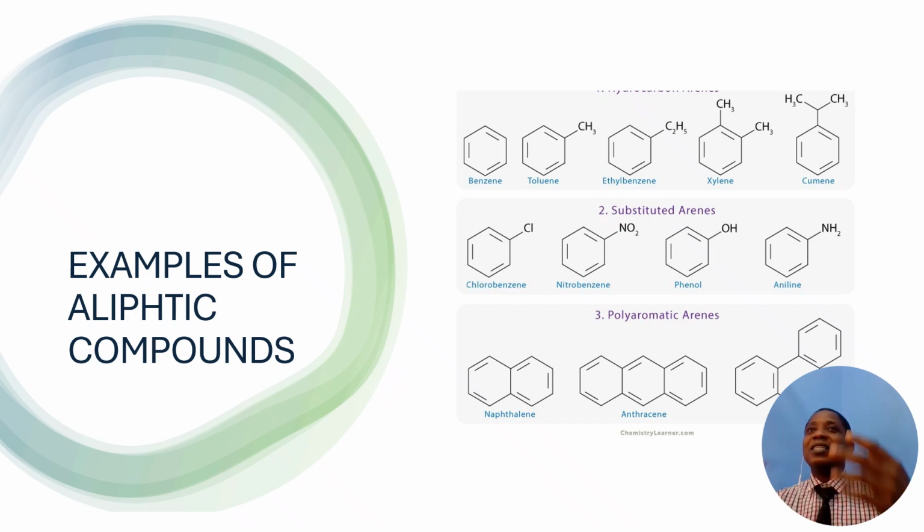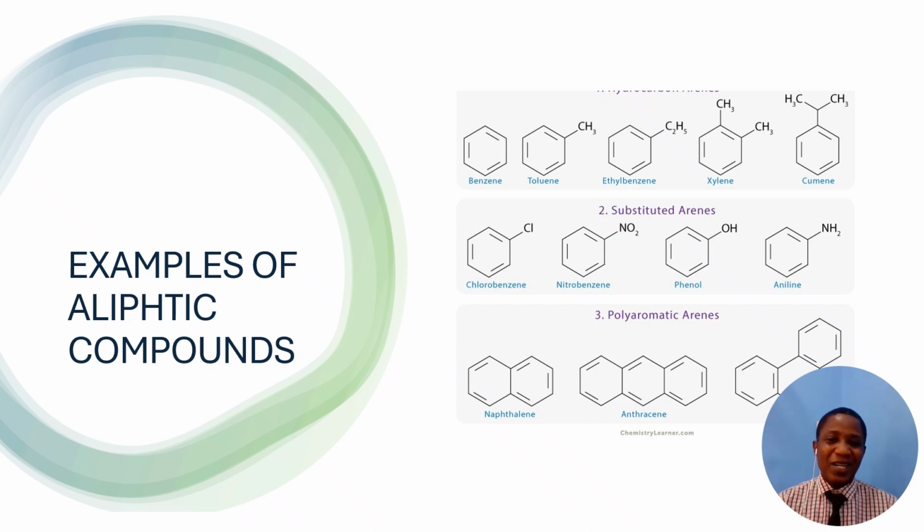Then you can also have it in a polyaromatic format, such as what you have there. You can see this example. This is one of the examples of that. You have aromatic, this one is naphthalene. You can see naphthalene there on the screen. And apart from that, you can see, what do you call it? Anthracene. Then you can have phenanthrene, you can have benzopyrene, you can have pyrene, and so on and so forth. There are many. You have a lot of what? Polyaromatic organic compounds.